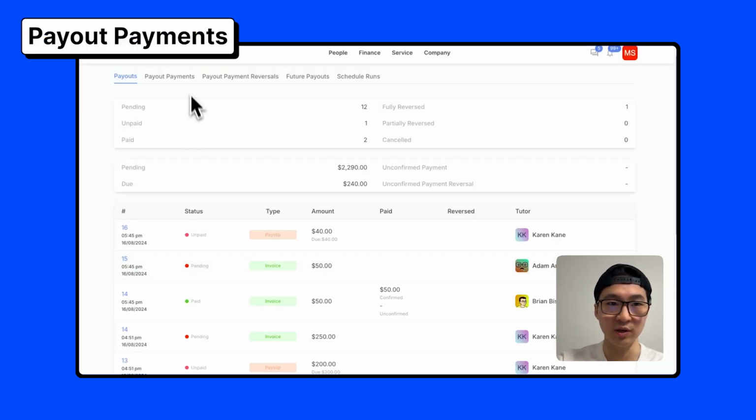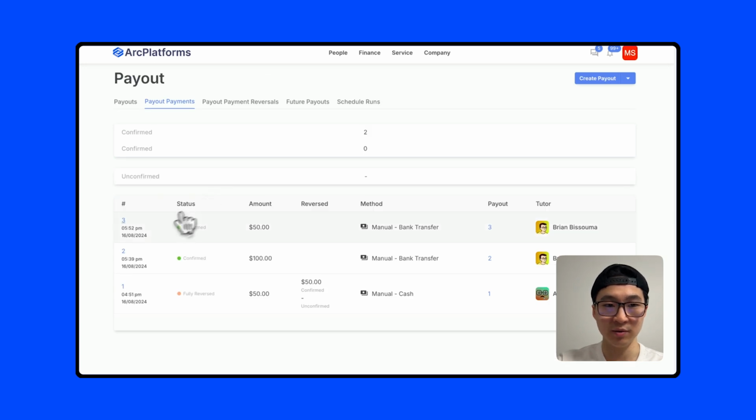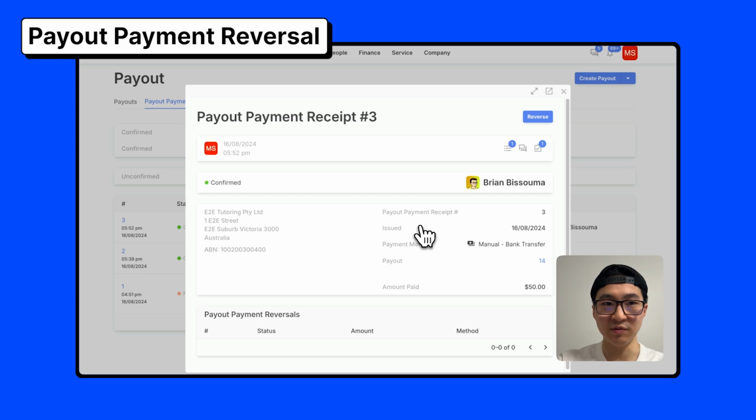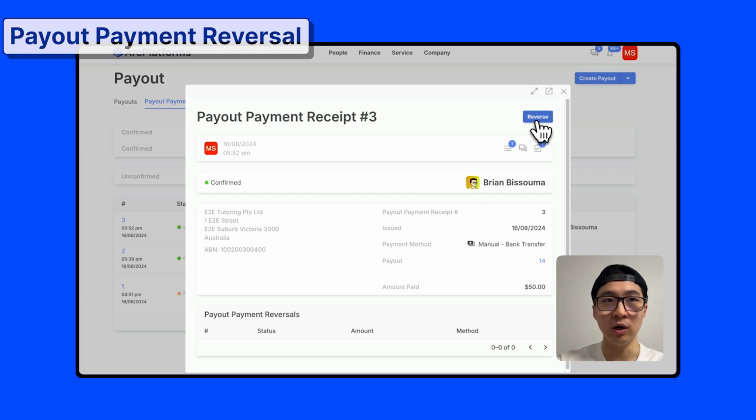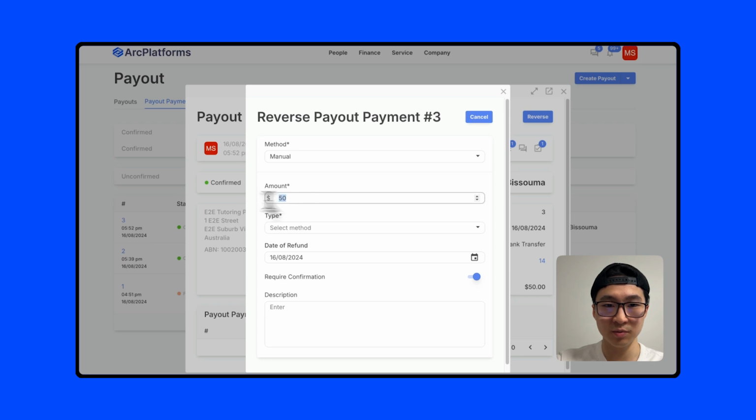Now we can also click on the specific payout payments. If we go over here, it outlines all the specific individual payments you've made. This is the one that we did just then. And we have the option to reverse it if we, for instance, realize that we paid him too much. So here we paid him $50. Let's say we realize, hang on, the lesson didn't go for an hour. It actually went for 50 minutes or a little bit less than that. We're going to take away $5 from that. So we can click on the reverse,